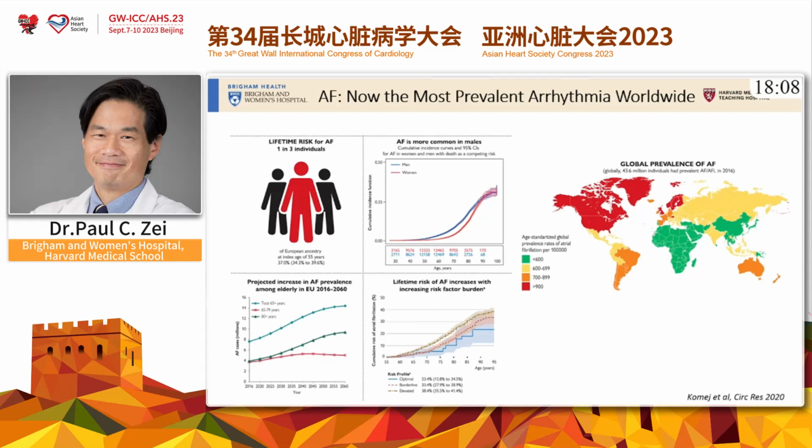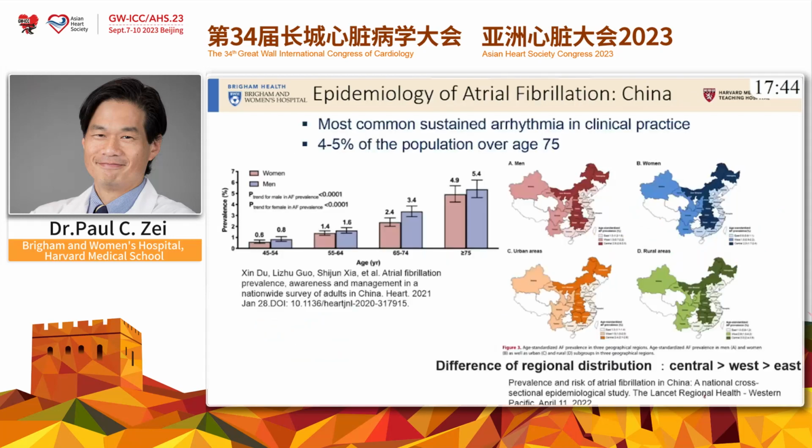Now, when you couple that with what's happening with atrial fibrillation, we understand, of course, that AF is the most prevalent arrhythmia worldwide, and these are figures from the European guidelines published in 2020. You can see in the various figures that the lifetime risk of AF is quite high across the world. It becomes more common as you age, and there are variations depending on what part of the world you're looking at.